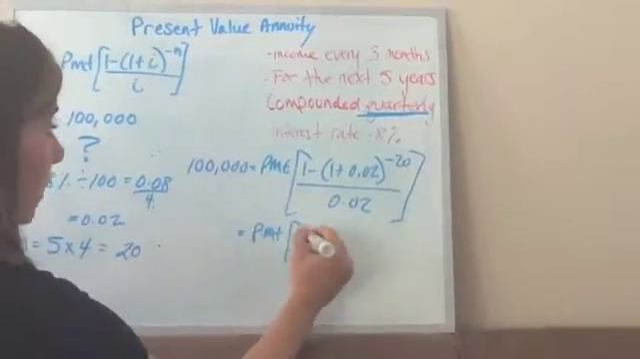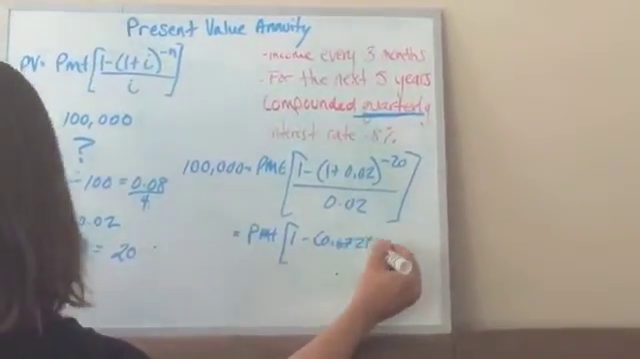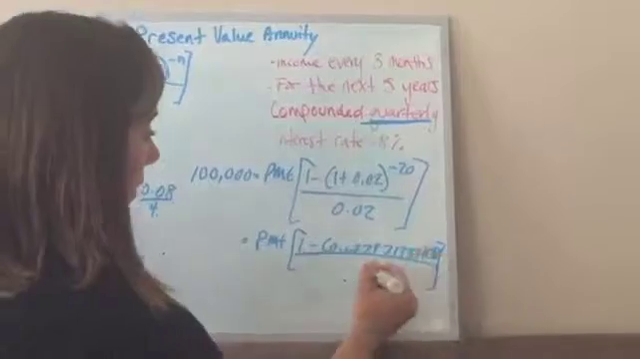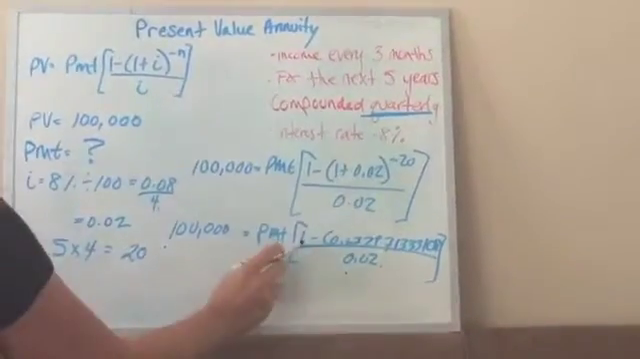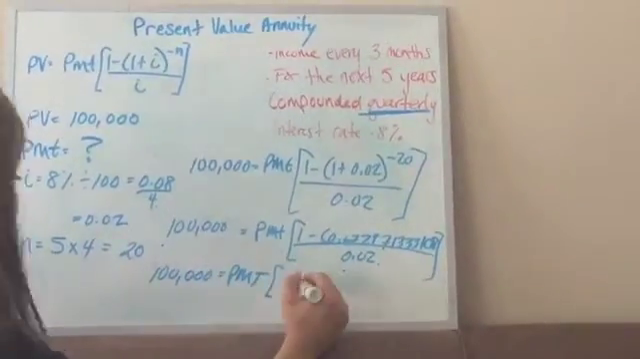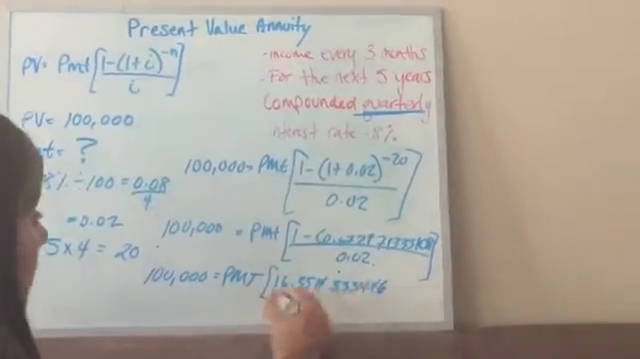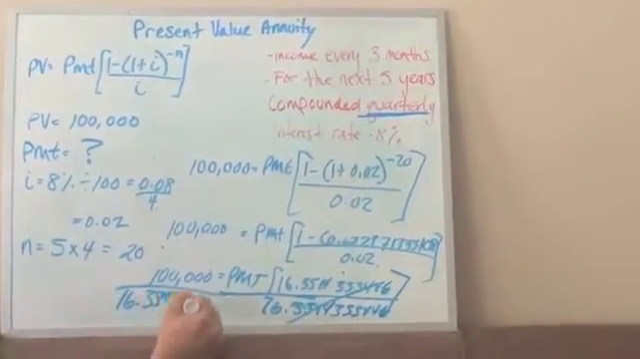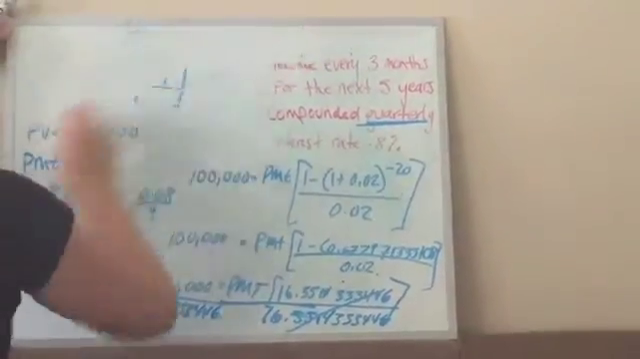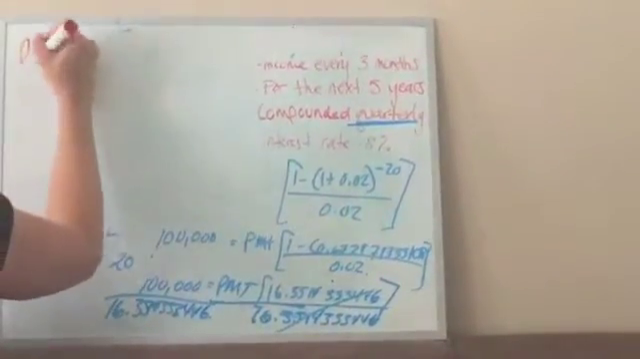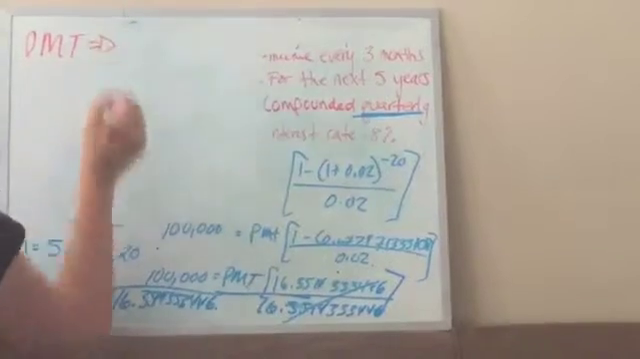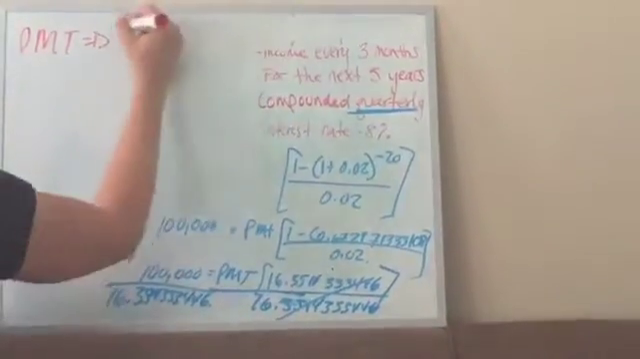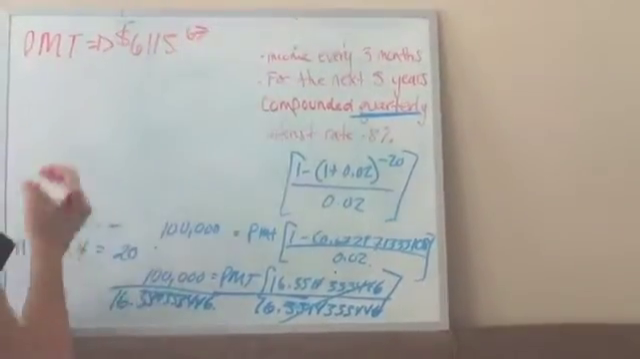I've solved the 1 plus 0.02 to the power of negative 20 as I'm using a simple calculator. I solve the rest here. Divide both sides so I can isolate my unknown variable, and we see that we get an income of